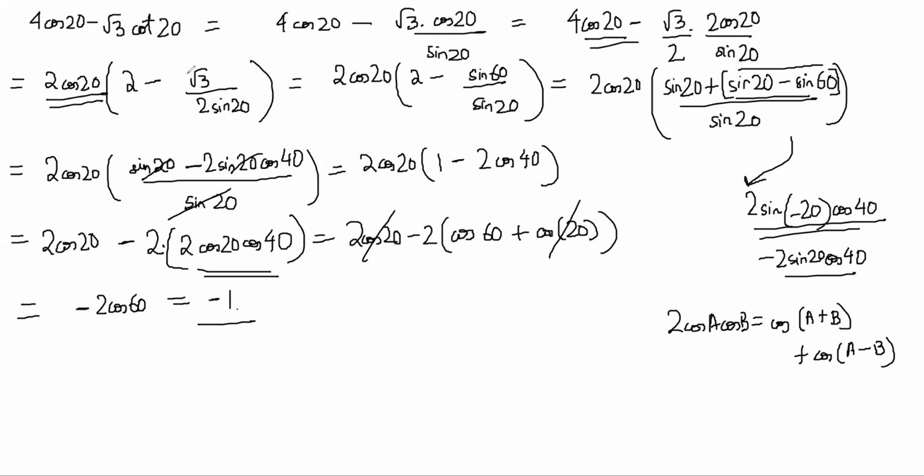Once you took it common and wrote it as sin 60 by sin 20, after that the series of simplifications is obvious. 2 sin 20 minus sin 60. How did I simplify it? I did not worry about the 2. I separated it into sin 20 plus sin 20 minus sin 60. And sin 20 minus sin 60 came as this. Then sin 20 immediately got cancelled, and after that it's straightforward.